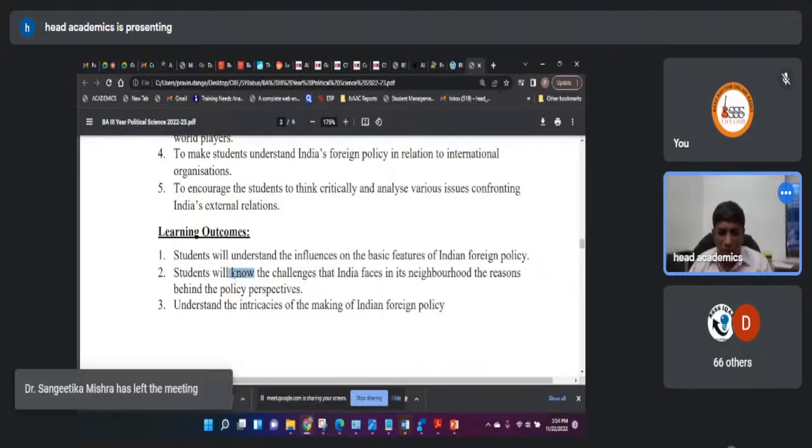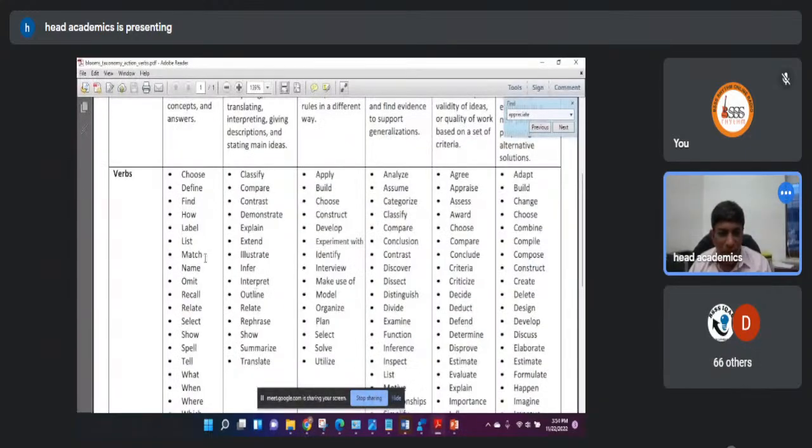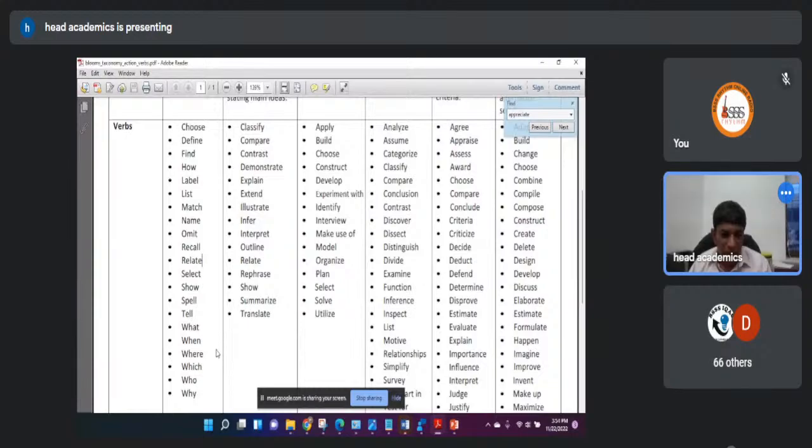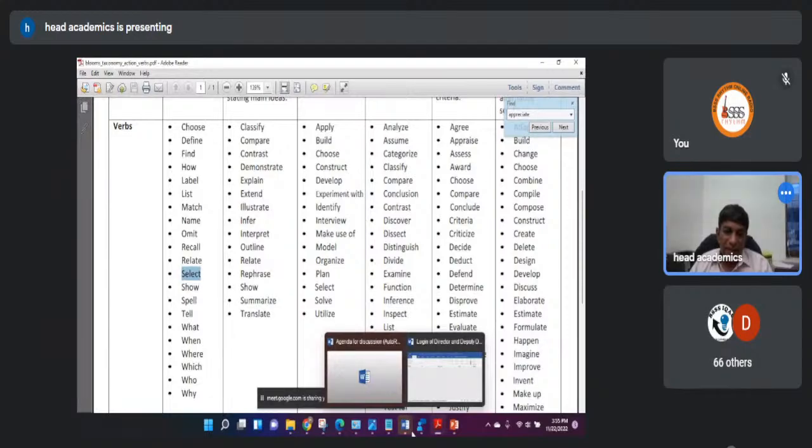So the gap here is that knowing is an internal process, not a behavioral verb. So you won't be able to assess it. If you use "the student will be able to", pick up one of these verbs, right? Recall, or maybe show or demonstrate or relate, select. One of these verbs would be a better expression. Because whatever outcomes you write need to be assessed. So they should give the teacher a direction as to how the outcome can be assessed.